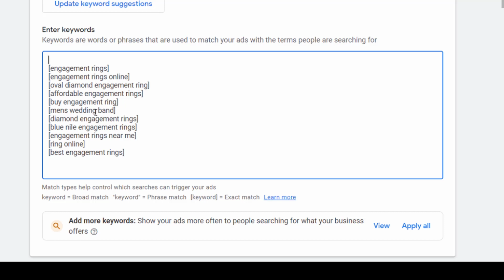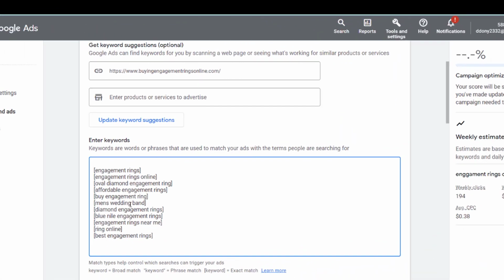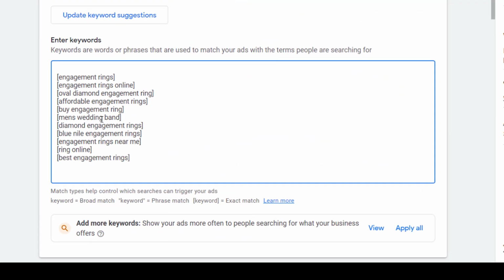On the other hand, if you have some experience with Google Ads, you can try using phrase match or exact match. However, it's generally recommended to stay away from broad match, as it can be too lenient and result in irrelevant clicks.